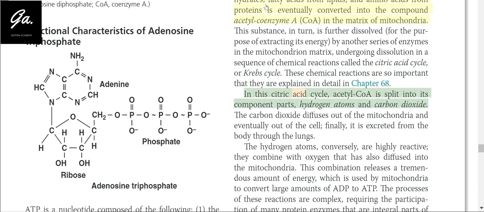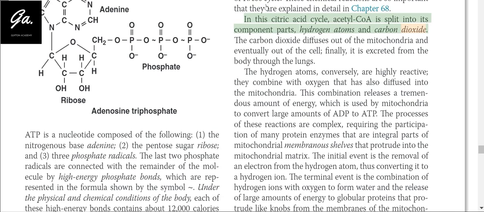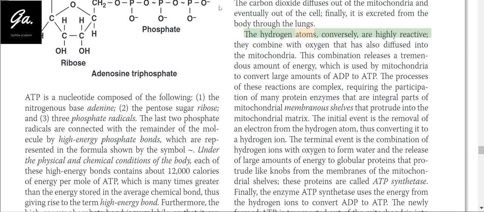In this citric acid cycle, acetyl-CoA is split into its component parts, hydrogen atoms and carbon dioxide. The carbon dioxide diffuses out of the mitochondria and eventually out of the cell. Finally, it is excreted from the body through the lungs. The hydrogen atoms, conversely, are highly reactive. They combine with oxygen that has also diffused into the mitochondria. This combination releases a tremendous amount of energy, which is used by mitochondria to convert large amounts of ADP to